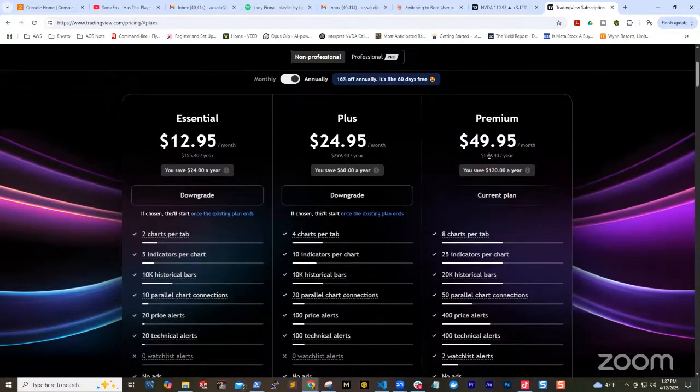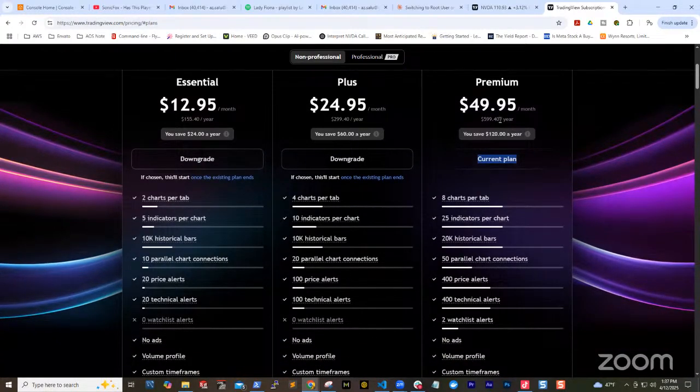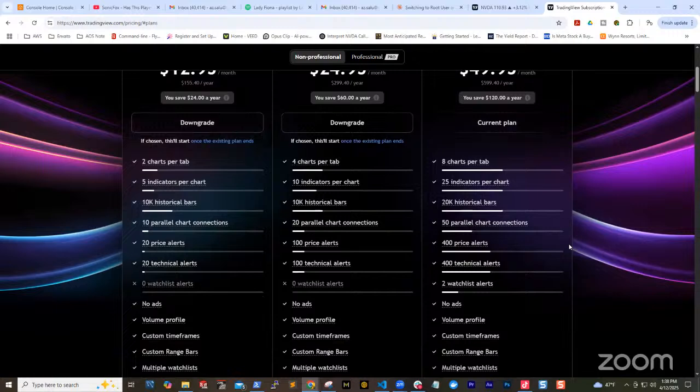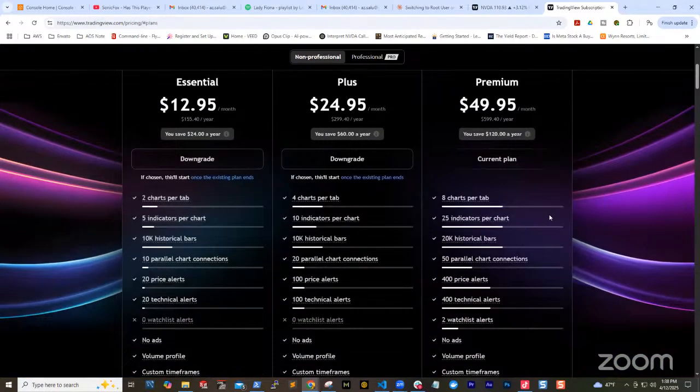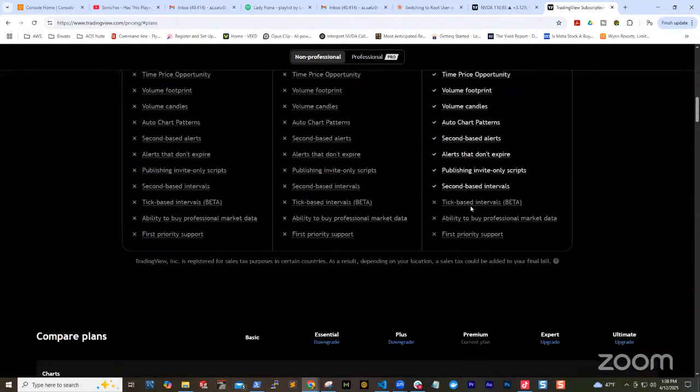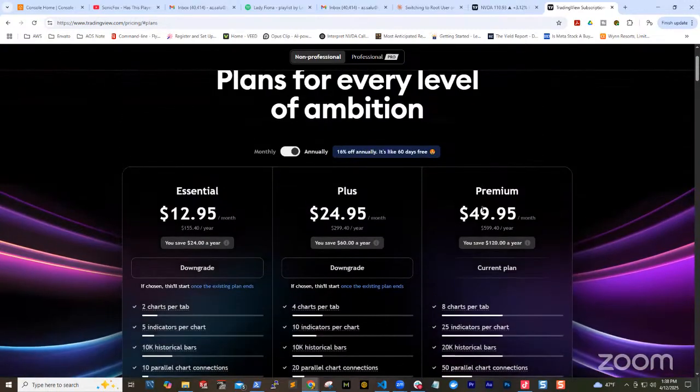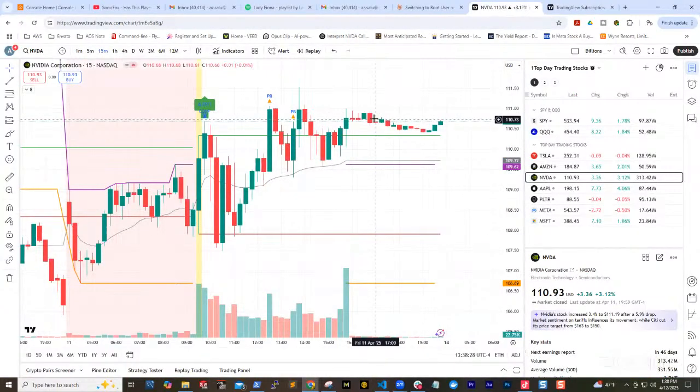I can't remember which one I have. Oh yeah, it says here, I have the premium one, which is $600 a year. So I'm still gonna have to get Robinhood then, huh? Yeah, Robinhood would be your regular trading platform, right? This service only shows you the data for the market, so you can know how the market is doing and how the stock price is moving for the day. You don't trade on this. No, I don't trade on this. I look at the data here, then I trade on Robinhood with the data.